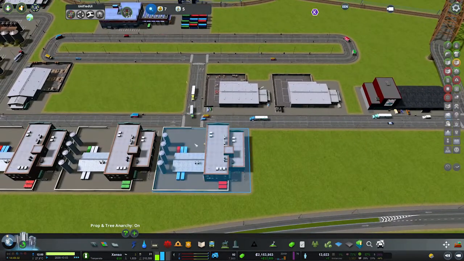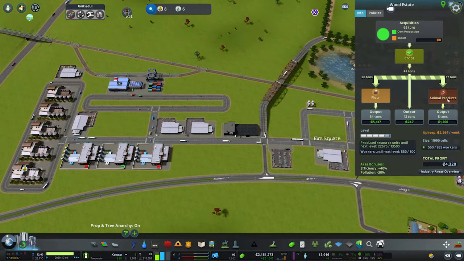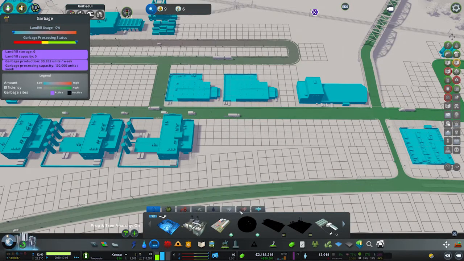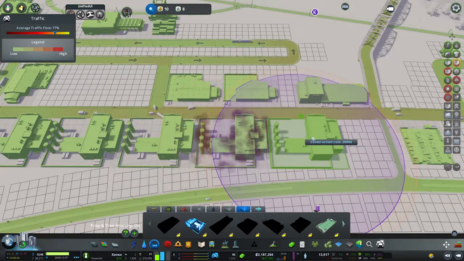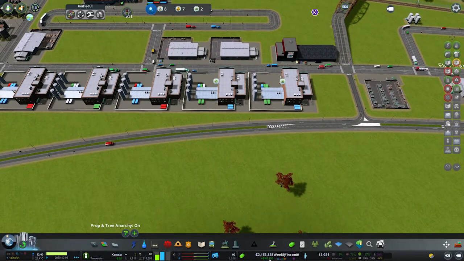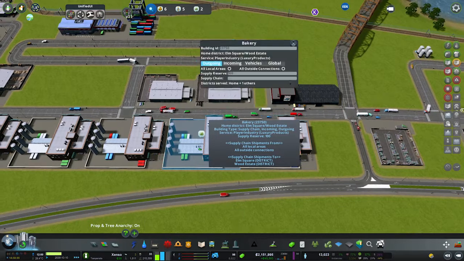So maybe we should build a bakery or something more. Let's see. Yeah, it's filled up. Everything is top notch here. So let's build one or two more bakeries just to give them all that they need here in the city. It's a good way to make a lot of money, of course. You can see here I have 46,000 a week. Holy smokes. That's a ton of